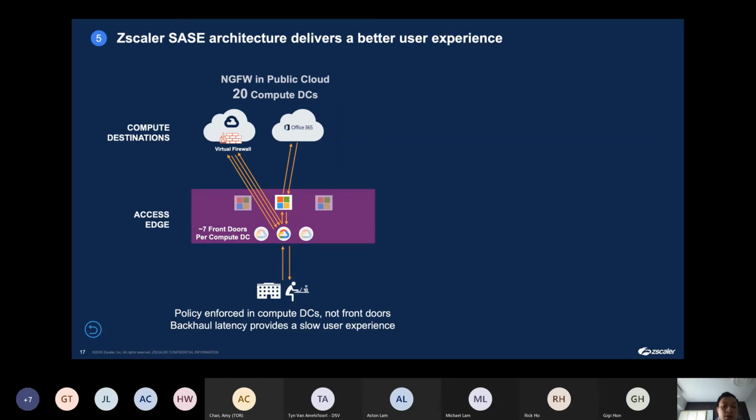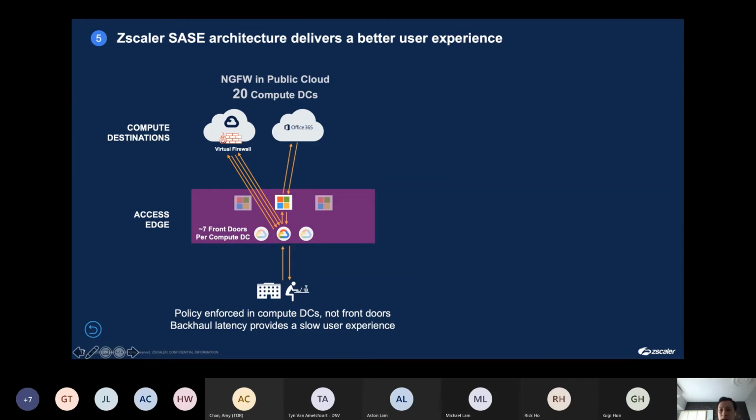But at the same time, across all those data centers, not all of them can support a third-party vendor to host servers or computing power there. So in reality, although there are 200 to 300 data centers available from AWS, Google, or Azure, in many cases only 10% or a little bit more than 10% of data centers can actually host a third party's virtual firewall or their software or VM solution.